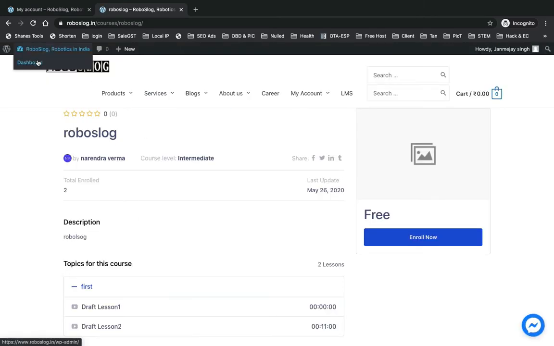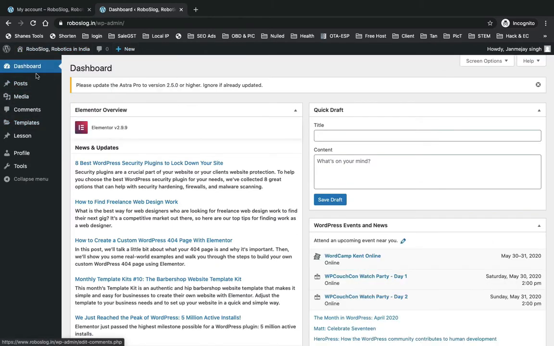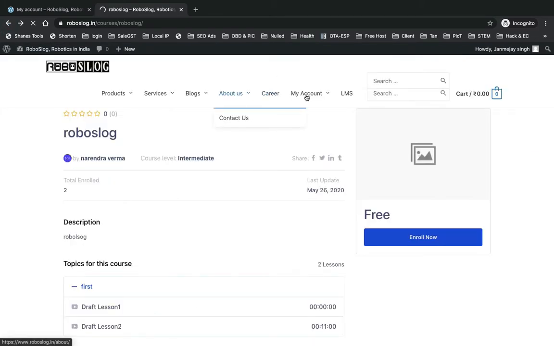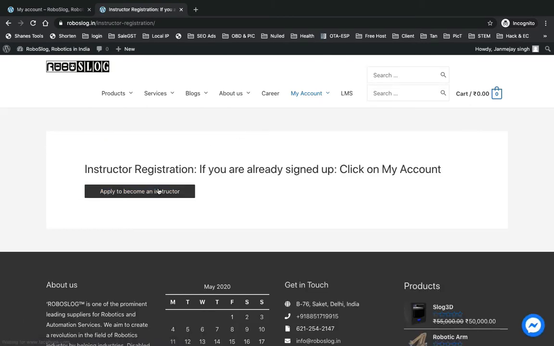As you know, you already have this post option, for adding a post. Similarly, now we are going to add this LMS option here. For that we'll have to go back once and click on this instructor registration, right? Once you click on this, you just click once here, apply to become an instructor,